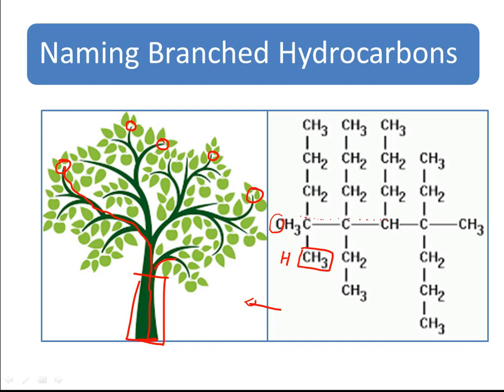So we're looking at how long this is from here up to there, and how long this is from here up to there. The one that is the longest of all these options will be our stem. Basically, the thinking is the longer it is, the more stable and the stronger it is to sustain branches, because you can't have branches sitting on a stem that's weak. That tree will fall apart. So we don't want that to happen. Same with